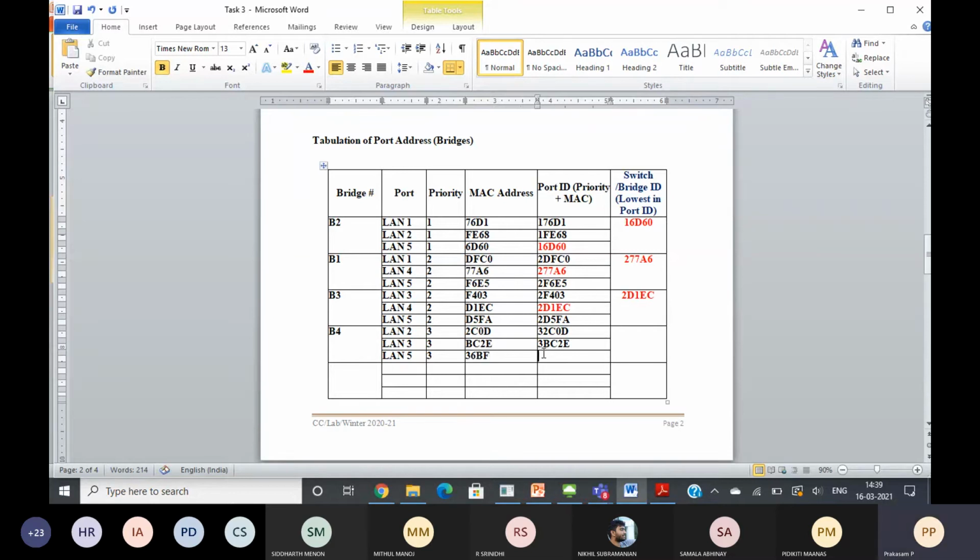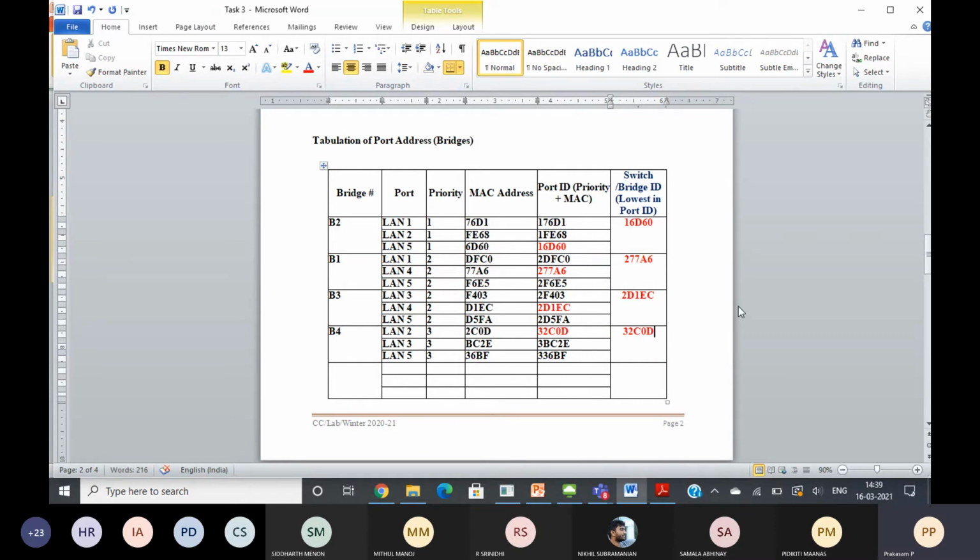So now if we see here, which is lowest? 32C0D is the lowest. So this is the lowest. Now this is the bridge ID for B4.